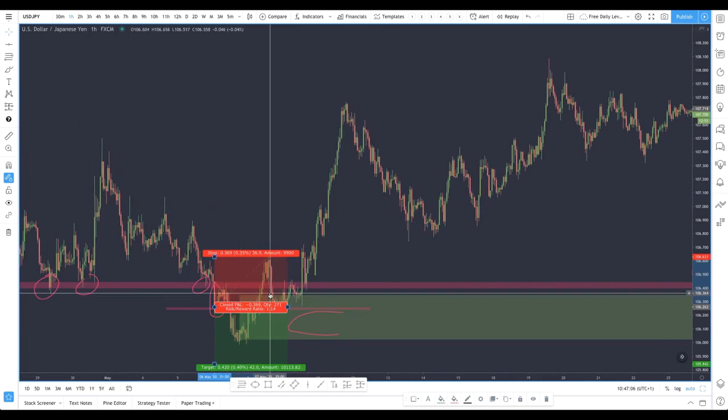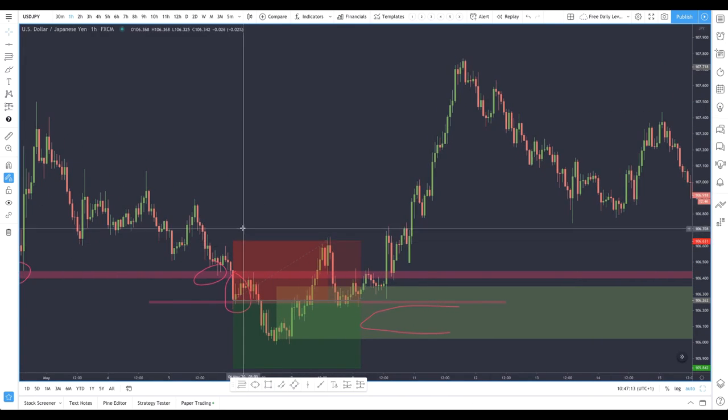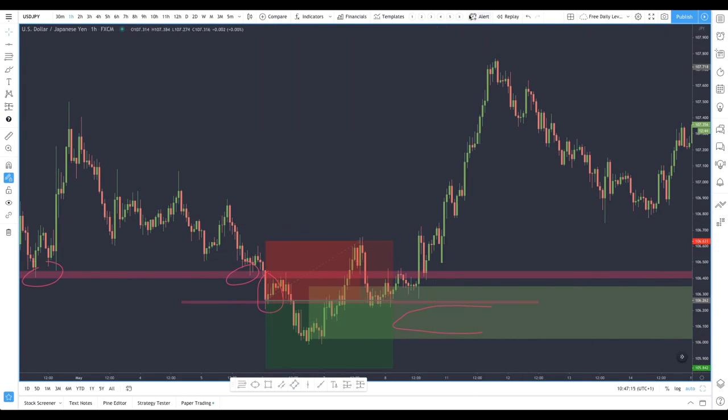Don't know if you guys can see this. For some reason my trackpad is playing up. I don't know why it is, but let me just zoom in a little bit so you can see, if you're looking at that,